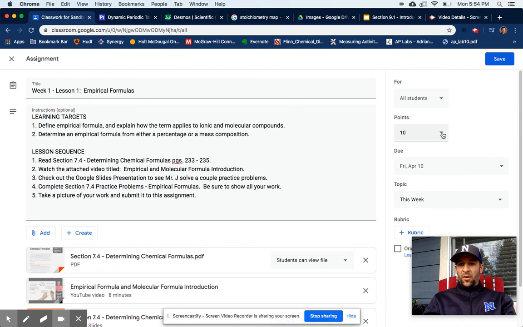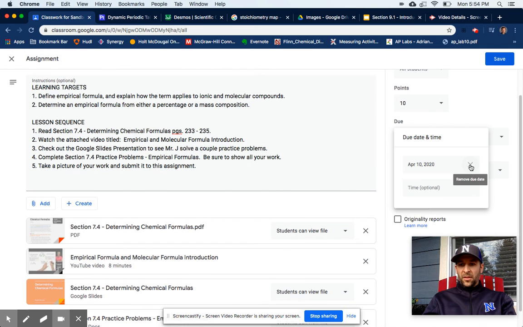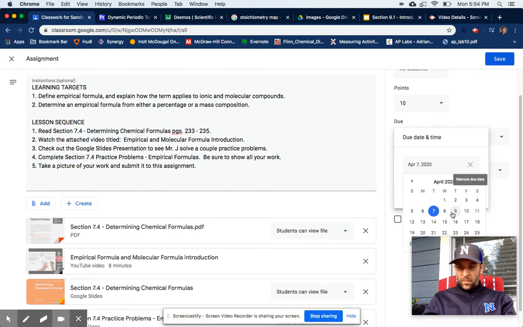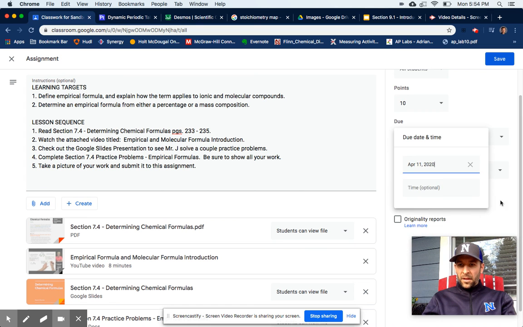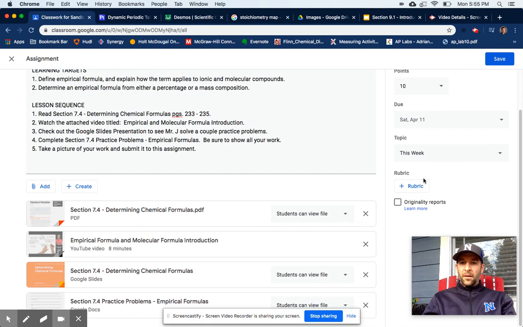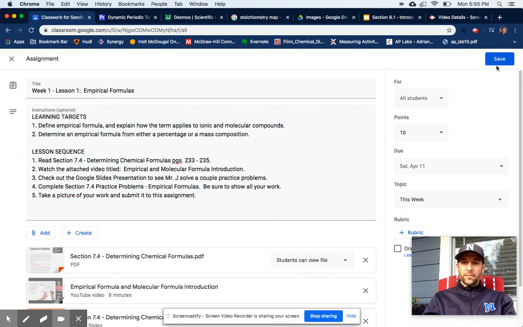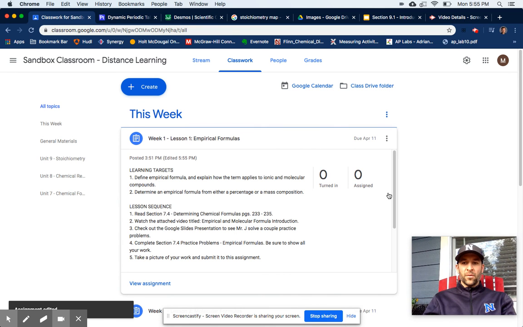I'm going to assign it to all students, give it a point value, a due date. I think this is Saturday. And let's double check here. Oh, I had it on Thursday for some reason. Let's put it on Friday. Actually, let's change that to Saturday. We'll give them an extra day here. And then I can assign a topic this week. And I'm good to go. Click save. It shows up in classwork, and they can view